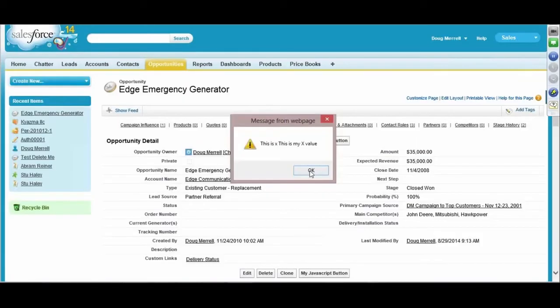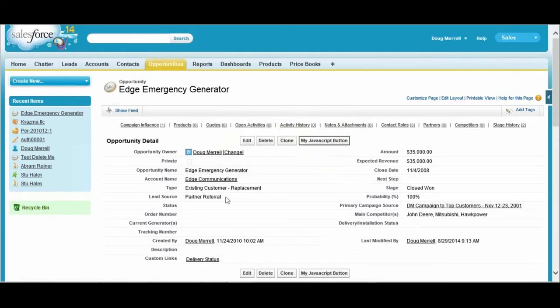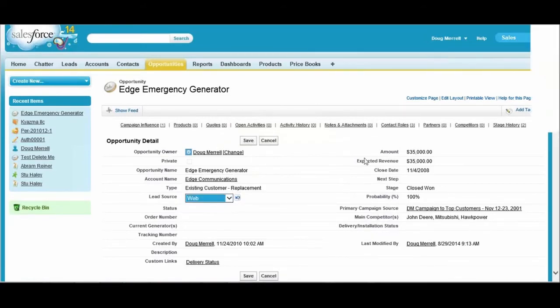That's my X value. That's my Y. This is the Z, partner referral. The lead source is not web, so T is therefore false. If T is false, we don't want to proceed. Okay? So if I change this, however, to web now, and click Save,